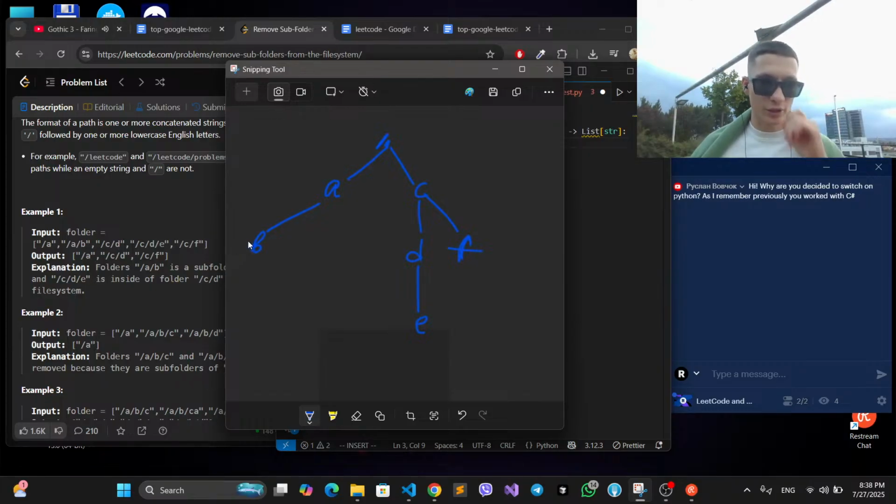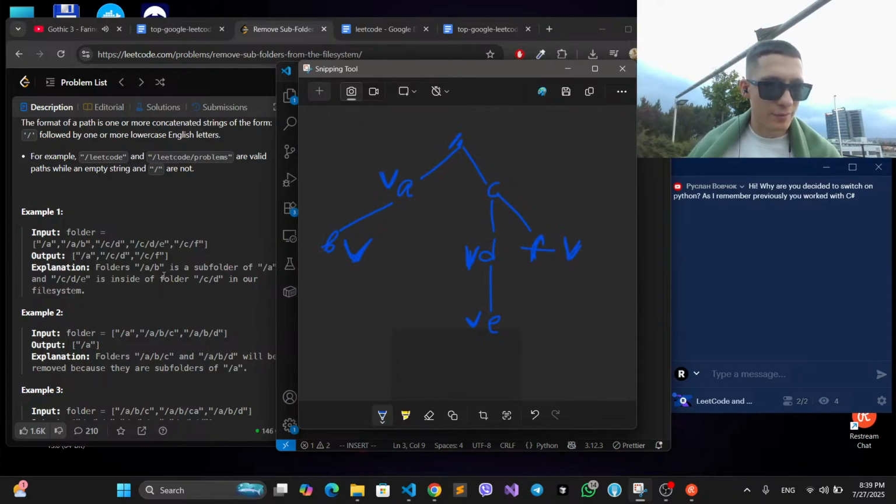so the last folder, we're gonna check that, okay, this is kind of the folder that we might operate with. So with A, we're gonna put a check because it's the single folder. AB, it's also a separate folder. CD, put check here. CF, put check here. And CDE, put check here, right? Good, and now what we can do,